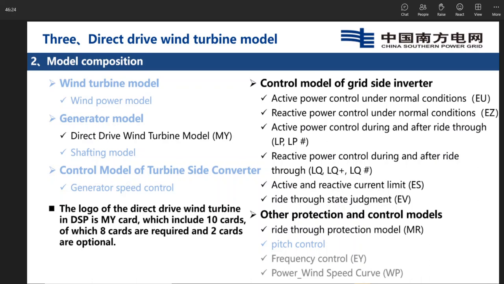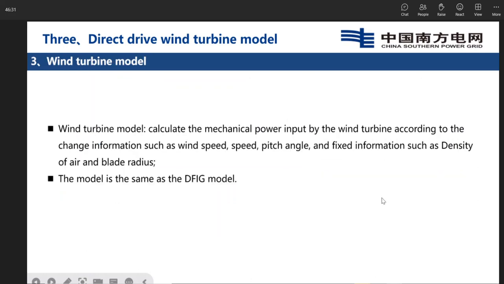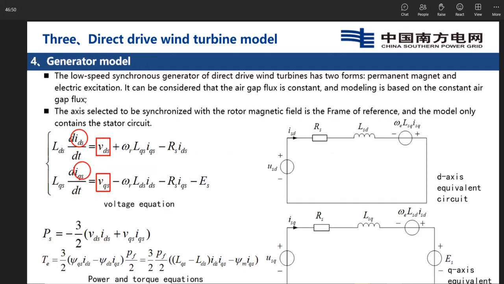It includes 10 cards. 8 cards are mandatory, and 2 cards are optional. The wind turbine model calculates the mechanical power input by the wind turbine according to changing information such as wind speed and pitch angle, and fixed information such as density of air and blade radius, which is totally the same as the DFIG. And